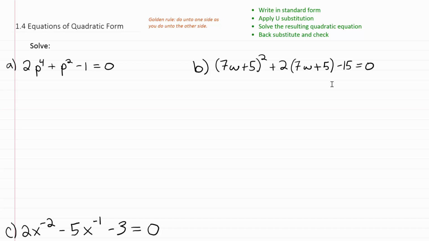In this video, we're looking at equations of quadratic form. Let's look at example A. It says 2p to the fourth plus p to the second minus 1 is equal to 0. You'll notice that if that had been a p squared, and this had been just p to the 1, it